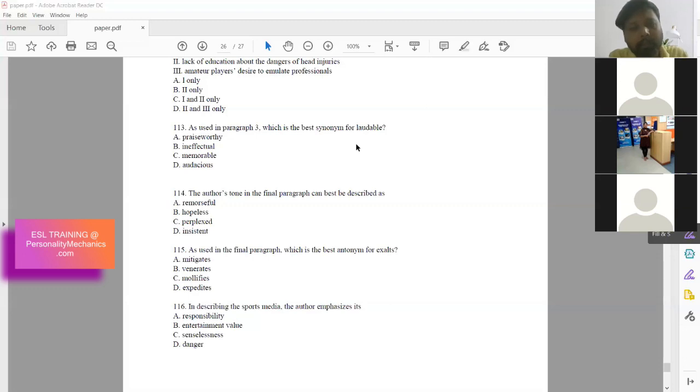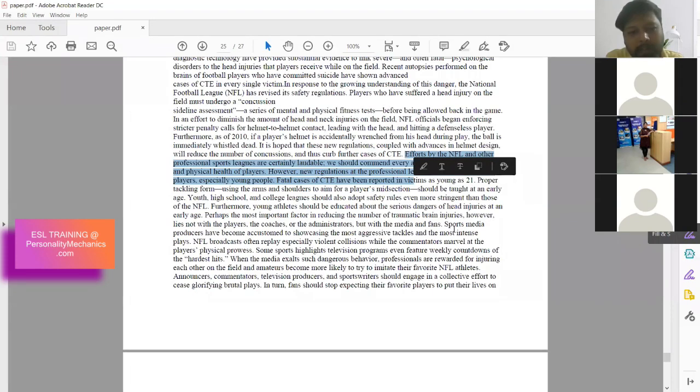Venerate, to exalt. Both of these words are the same. Venerate and exalt are just the same words. They're synonymous. Mitigate, rather, that is to reduce. Mitigate, to do away with? Mitigate means to do away with? That's the opposite. Next is, in describing the sports media, the author emphasizes it as sports media producers have become